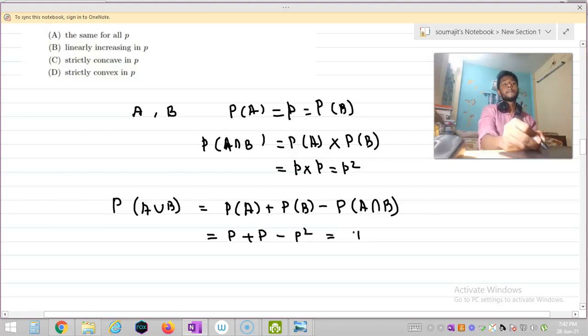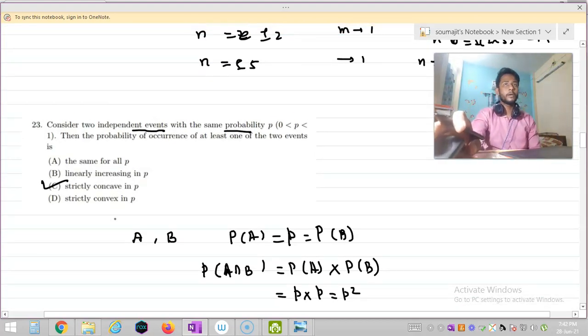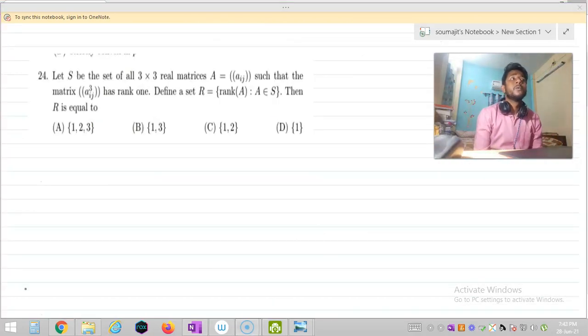So this is 2P minus P square, which represents a parabola, so it is strictly concave in P. So option C is our correct option. That's all about the question number 23. Now let us solve the question number 24, which says that